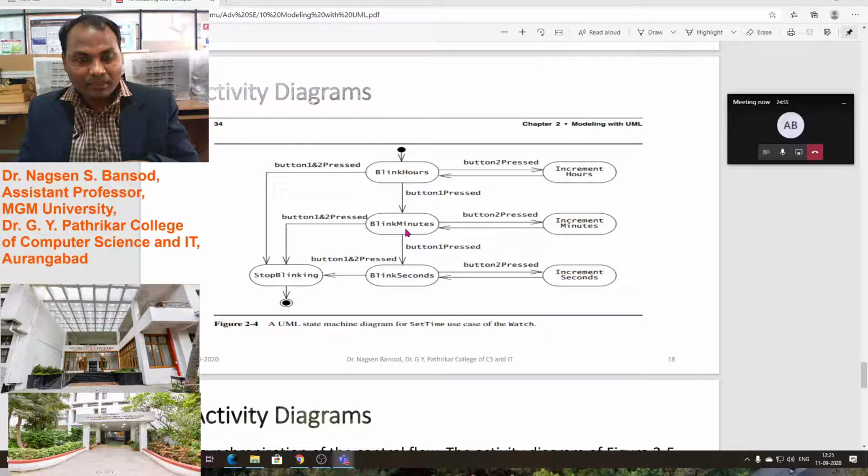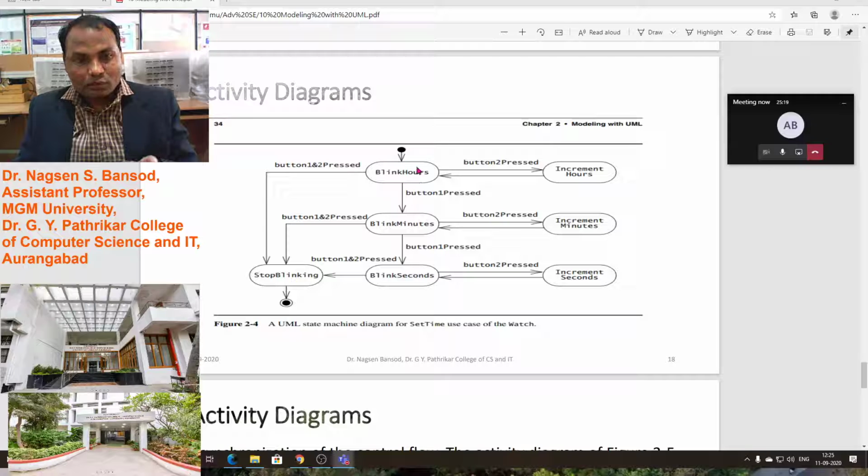To go to the next option, minutes, we have to press button 1 again, then we get another option, that is minutes. Again if we press button 1, then we get the third option, that is seconds. We can change seconds, we can change minutes, we can change hours.